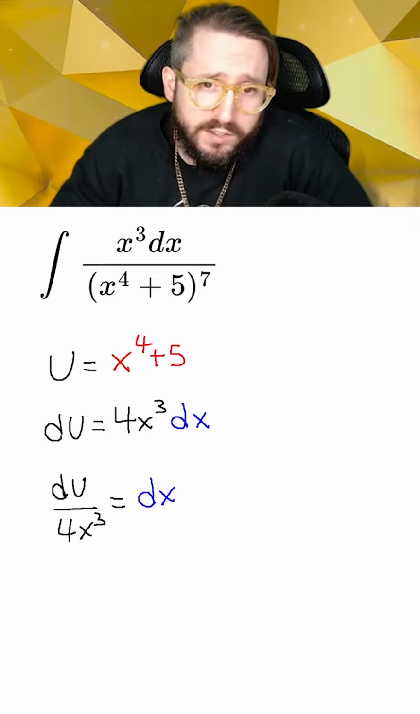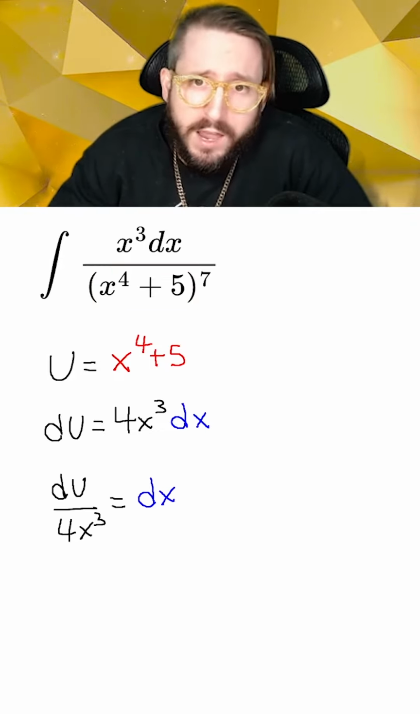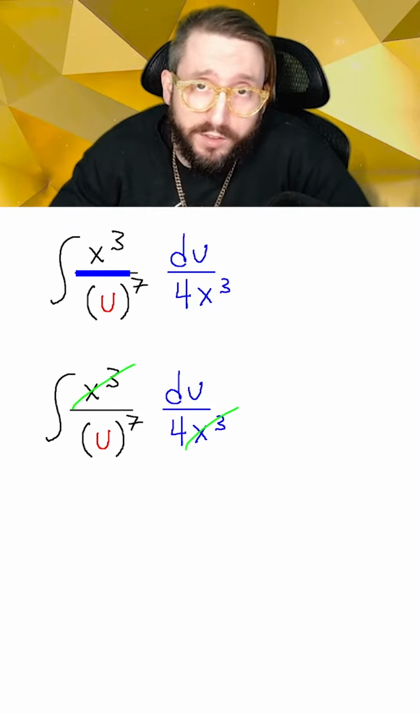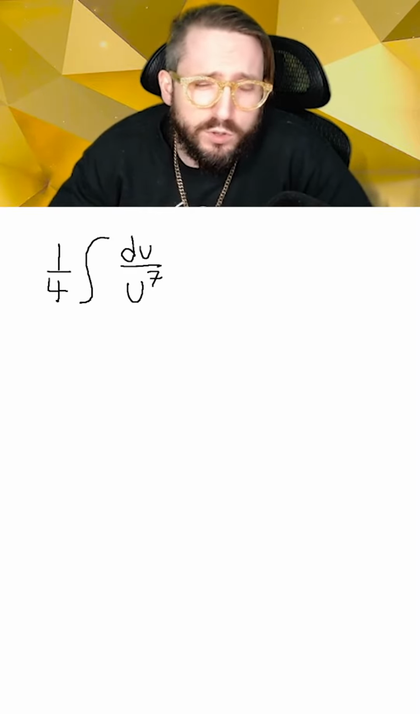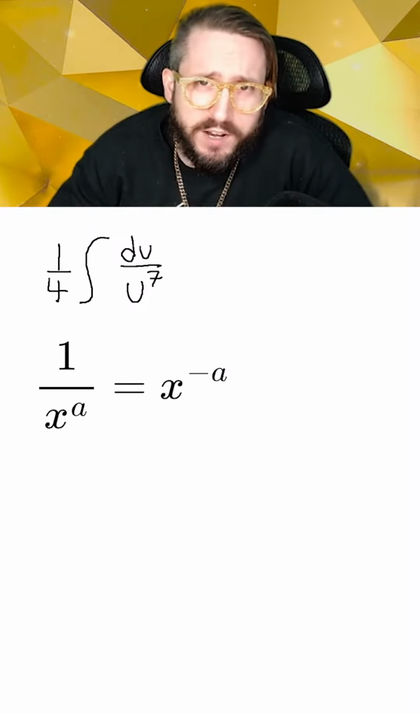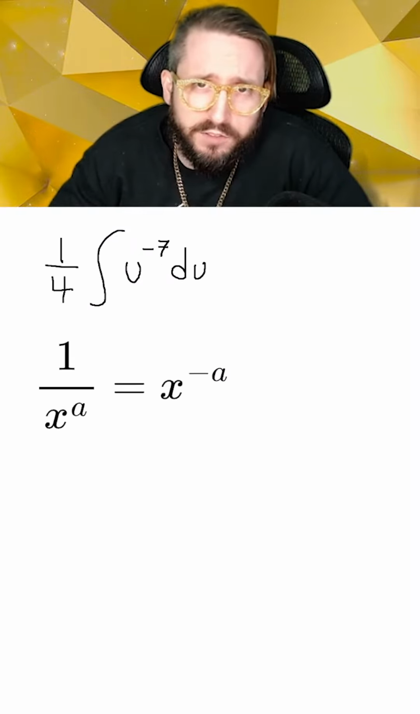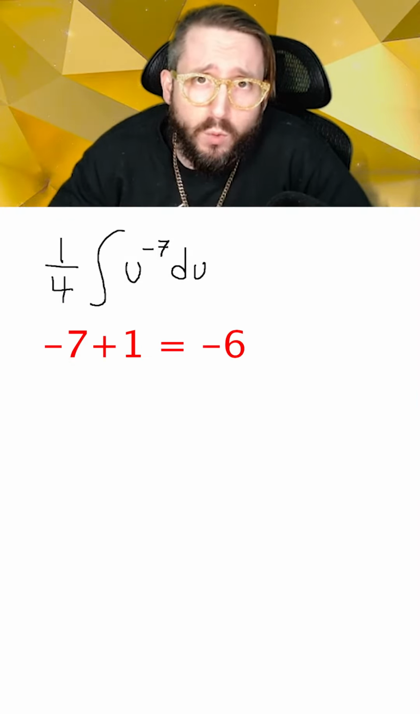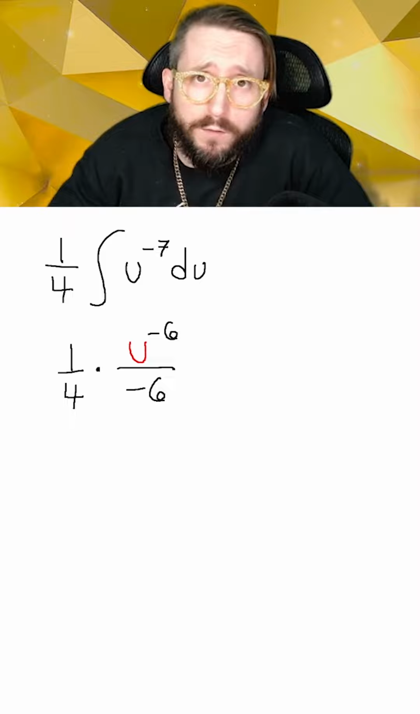Now solving for dx, I get du over 4x to the 3rd, and substituting u for x to the 4th plus 5, and du over 4x to the 3rd for dx, we get this. Notice again how the x cubed from the du term will cancel out with the x cubed on the top. So now my integral is a lot simpler, which is 1/4 integral of du over u to the 7th. I always like to write my integrals as straight exponents, so I'm just going to call this u to the negative 7. Now this is an easy integral that we can just use the power rule, which means we're going to raise the power by 1 and divide by that new power,